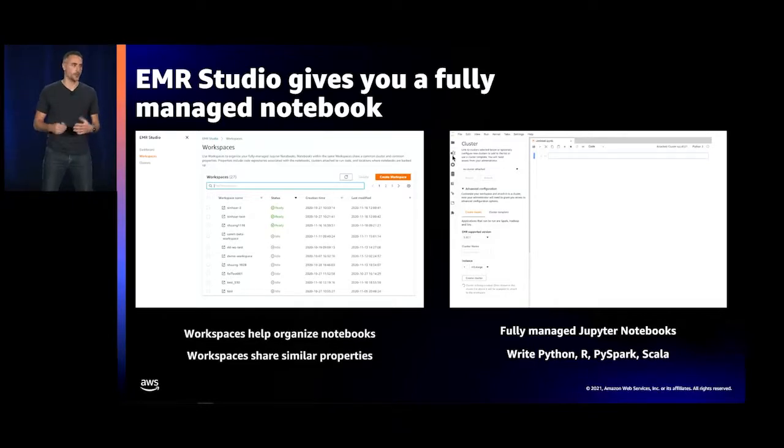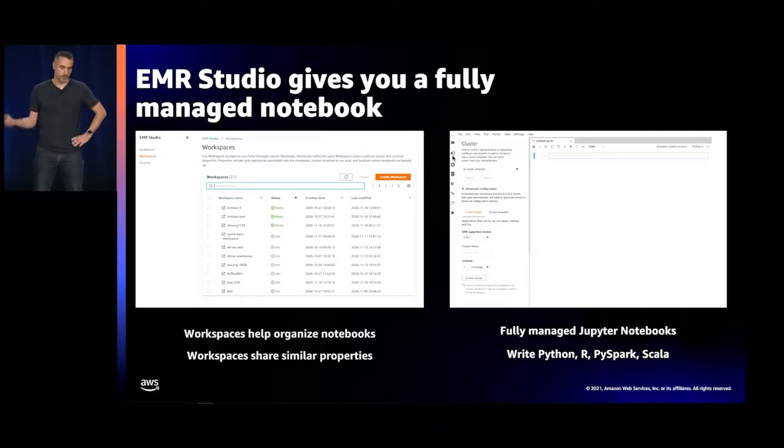Workspaces are a group of notebooks that can share some common characteristics like S3 location for notebook saving, cluster attachments for running the notebooks, or Git repository attachments. And they can create and manage their notebooks using this Jupyter interface.